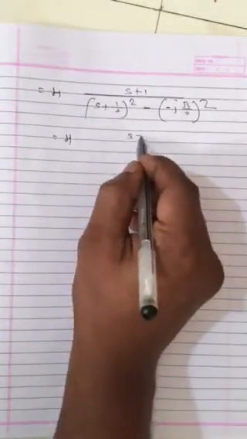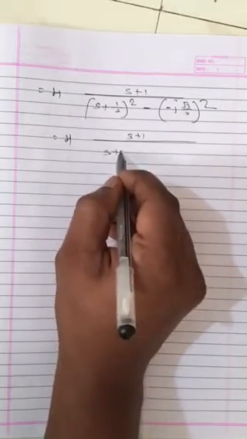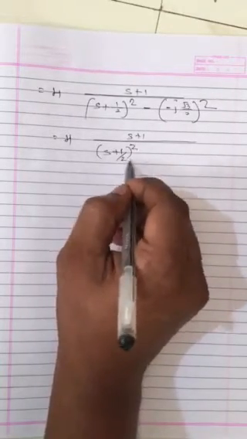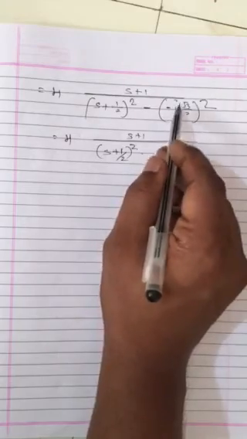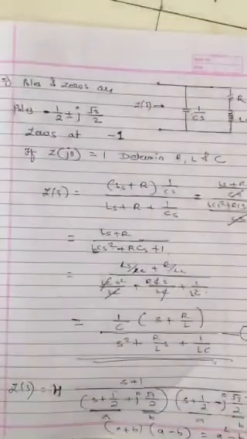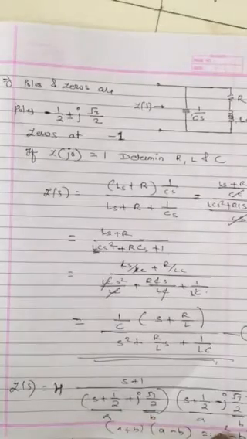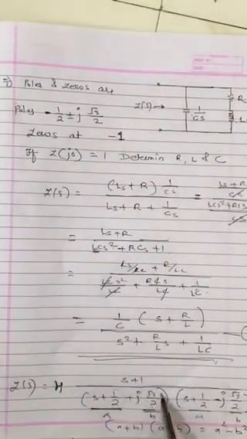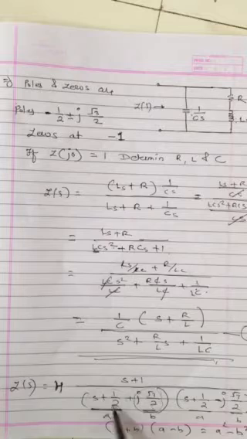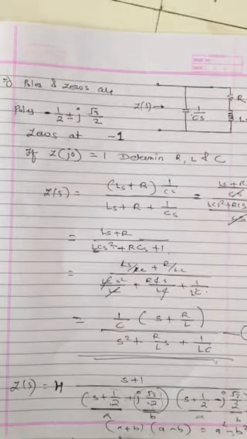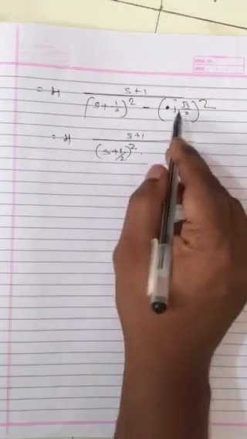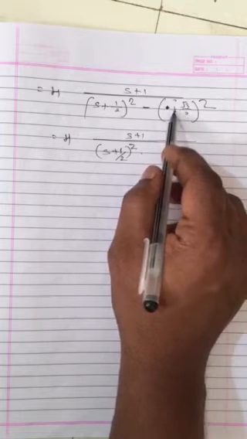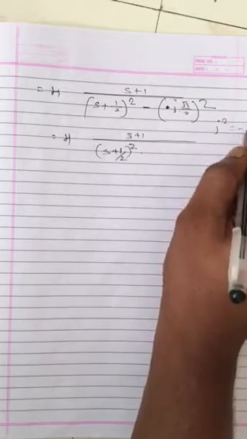Okay. Now H(s + 1) upon (s + 1/2)² minus (j)² and so on. The formula is (A + B)(A − B) = A² − B², no need to take the minus over here, sorry. B is what? B is j√3/2, no? So A minus B squared. Now when I take the square of this, the square of j is j², which is nothing but minus 1, you know.